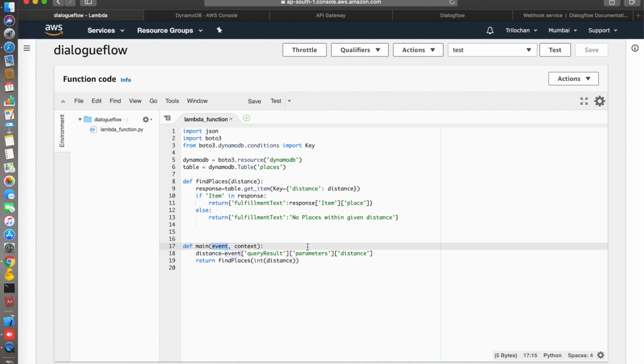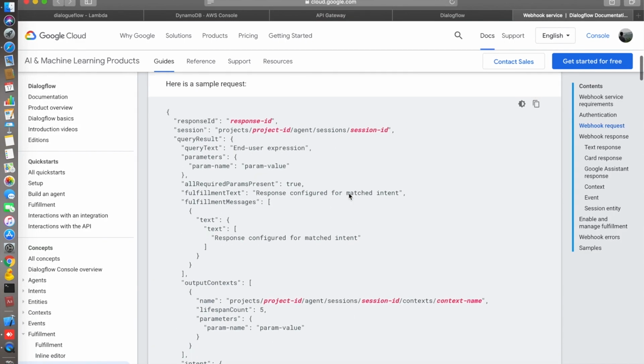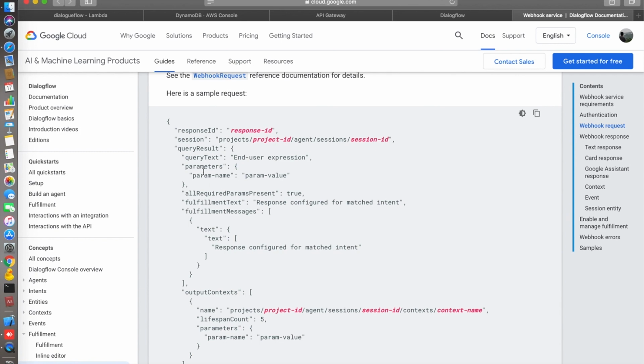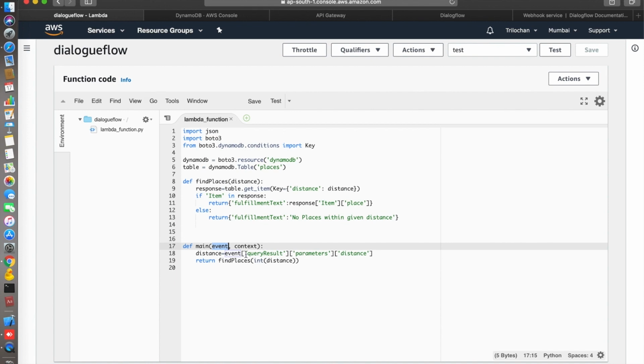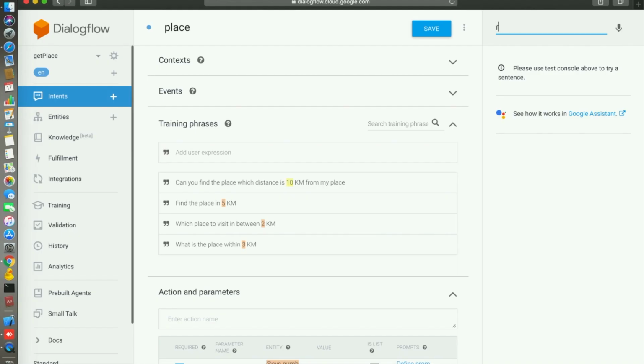You pass the parameter through the POST method. This is the format: query result, then parameters, and the parameter name and parameter value. I have written the same here, so that you can get the value.